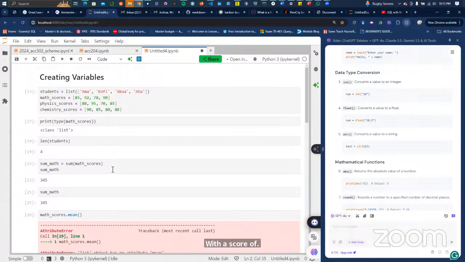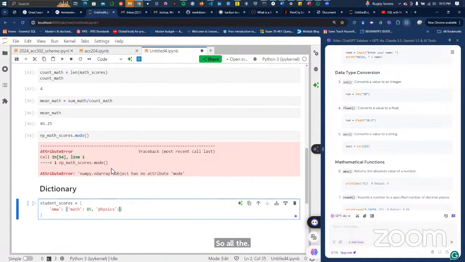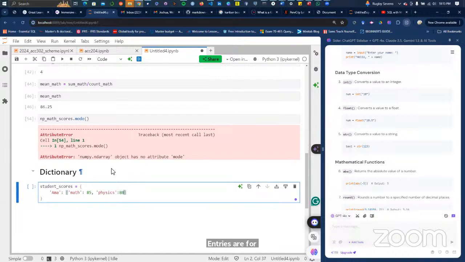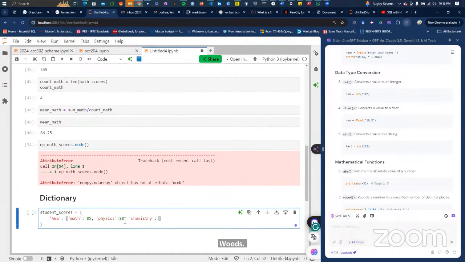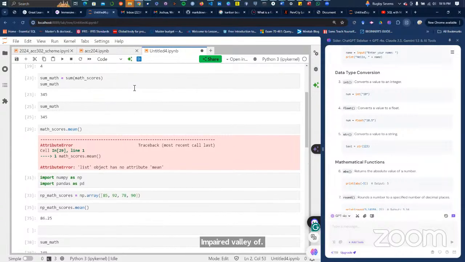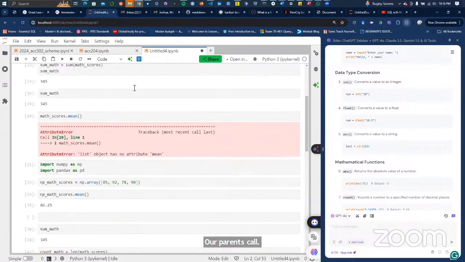All the first entries are for AMA. Comma, the next key value pair is chemistry with a paired score of 90.